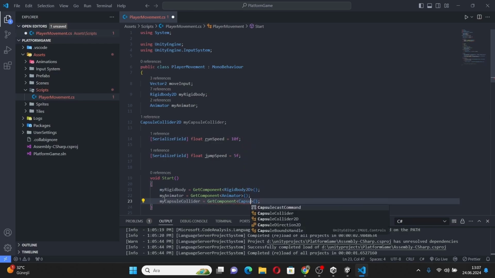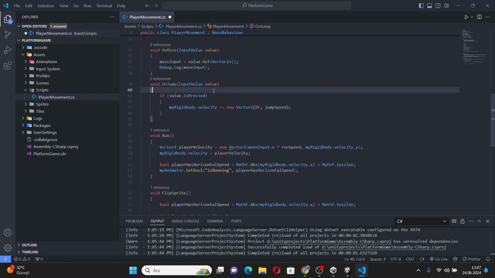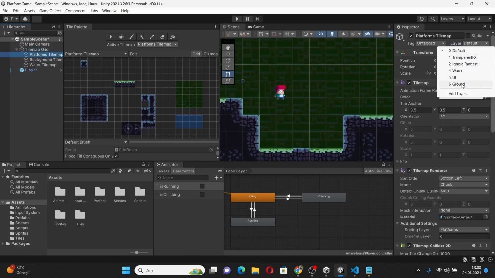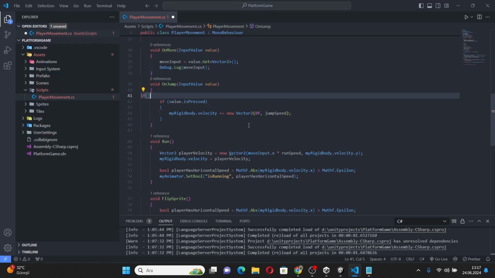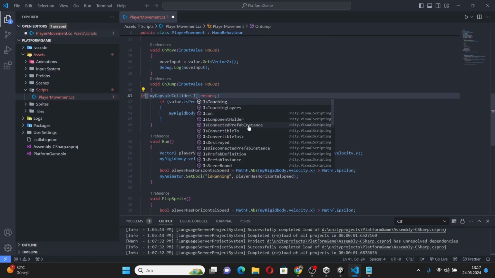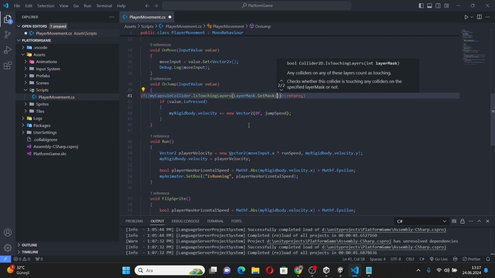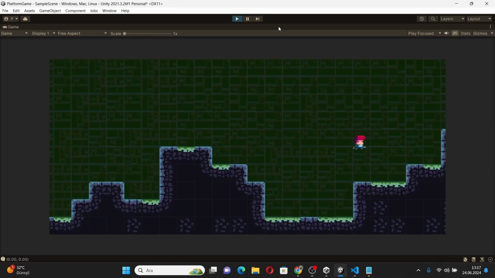I opened the script, created the myCapsuleCollider variable and called its component in the Start method. Into OnJump, I wrote: if myCapsuleCollider.IsTouchingLayers(LayerMask.GetMask("Ground")) return. I went to game mode and the player could now jump only when touching the platform but couldn't jump while